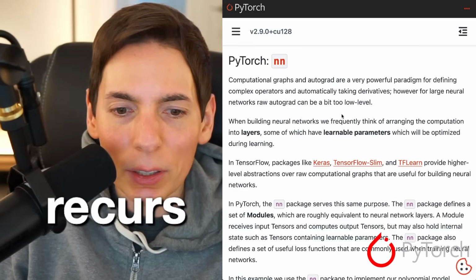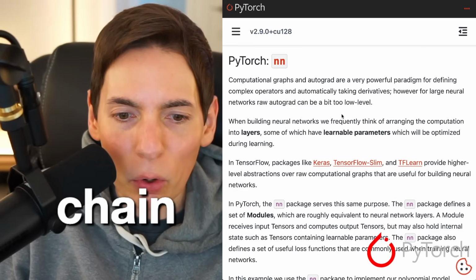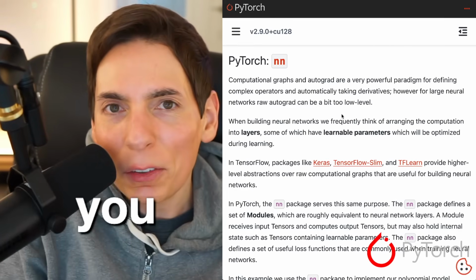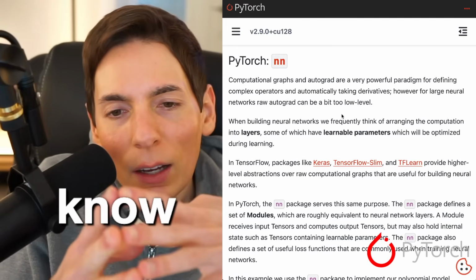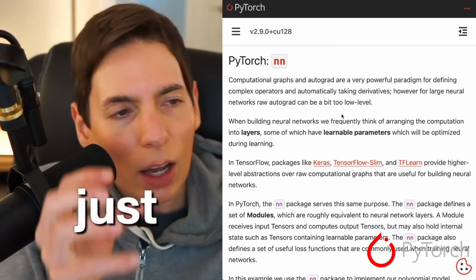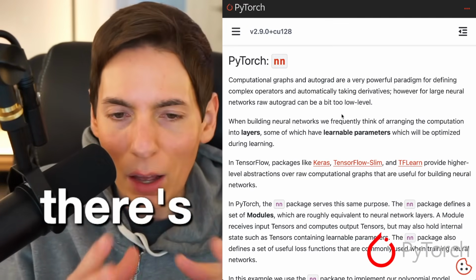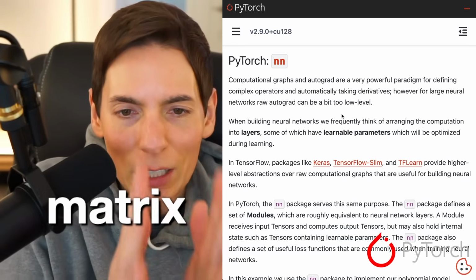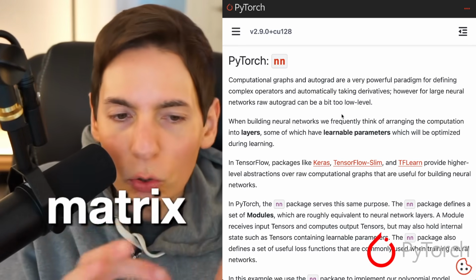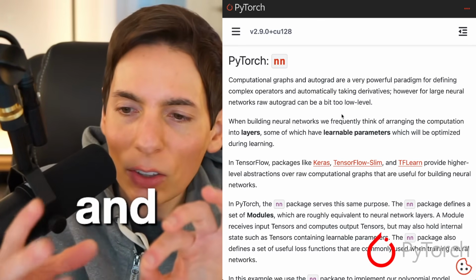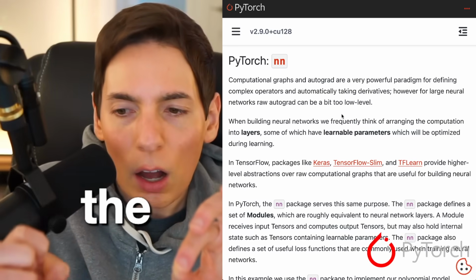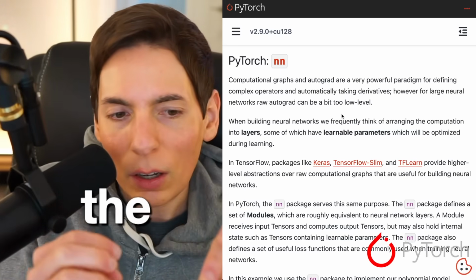Basically recursive application of the chain rule backward through the network. You've got to calculate the gradients, which is just the delta across the layers, right? And so there's a matrix. Each of your layers is a matrix, right? A two-dimensional matrix. And when you're calculating the loss, and then applying the loss, you're creating a gradient,